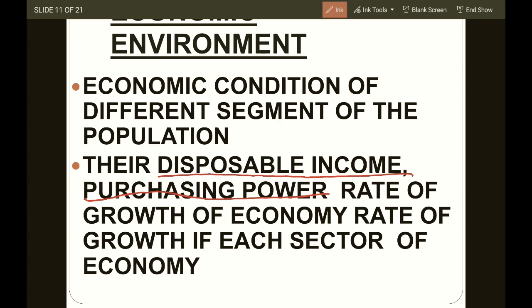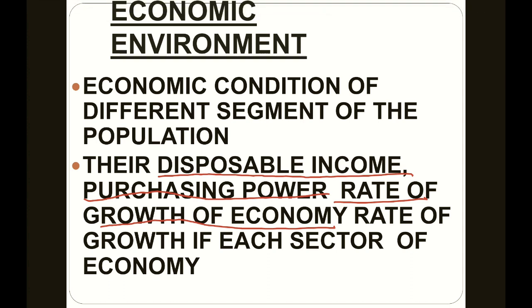Rate of growth of the economy is very important. You need to see the rate of growth of the economy. Why are most of the investors coming to India? Because the rate of growth of the economy is very high. Why are people not going to Syria, Afghanistan or terrorist countries? Because the rate of economy, or the availability of resources, technology or workforce, is not there. So it's very important to analyze where the economy is growing, the rate of growth in each sector of the economy.